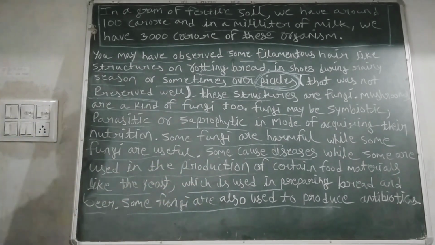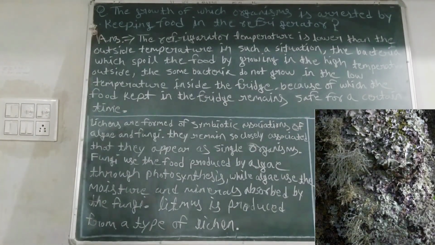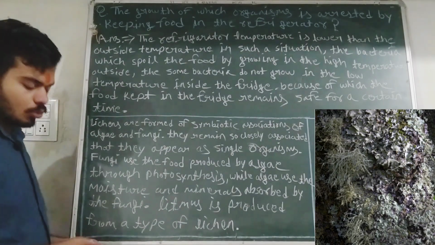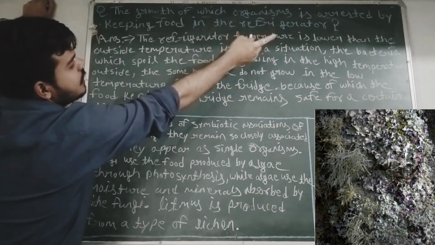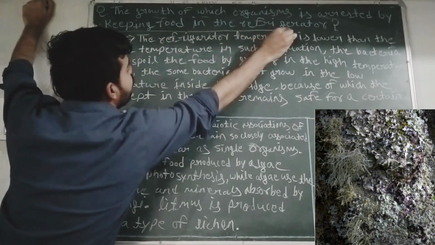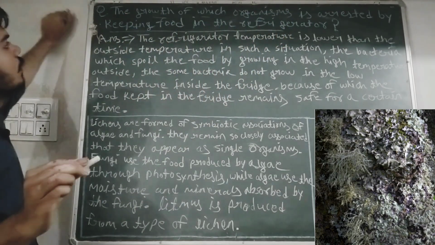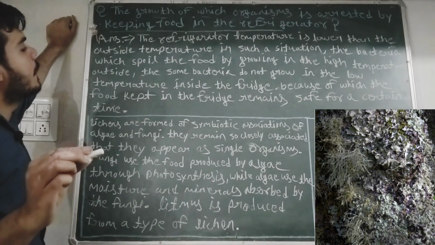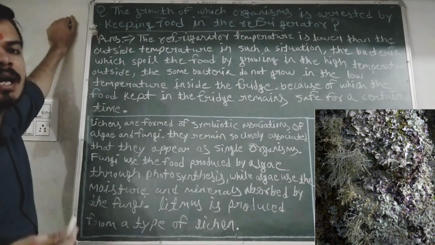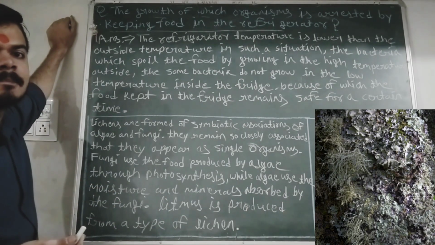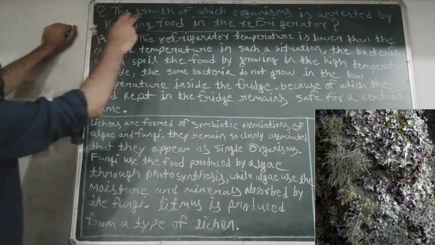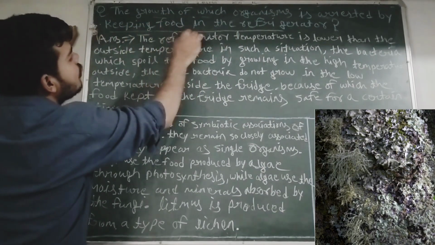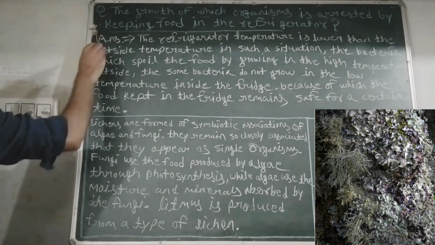Okay, here is a question in your book. The question is, the growth of which organism is arrested by keeping food in the refrigerator? Why are organisms not affecting the food in the fridge? The question is, the growth of which organism is arrested by keeping food in the refrigerator, and the answer is